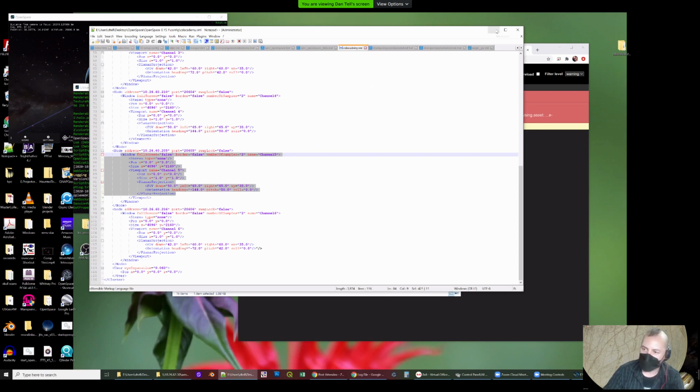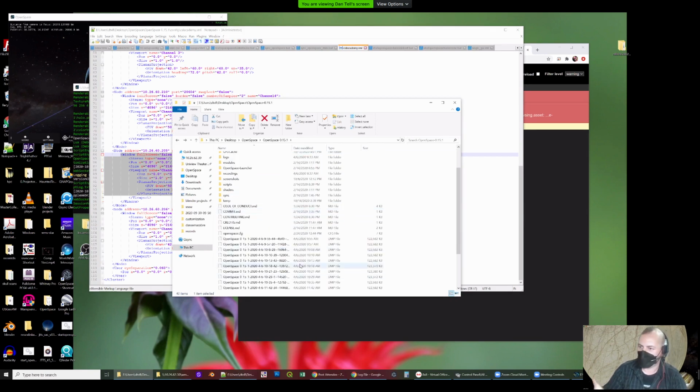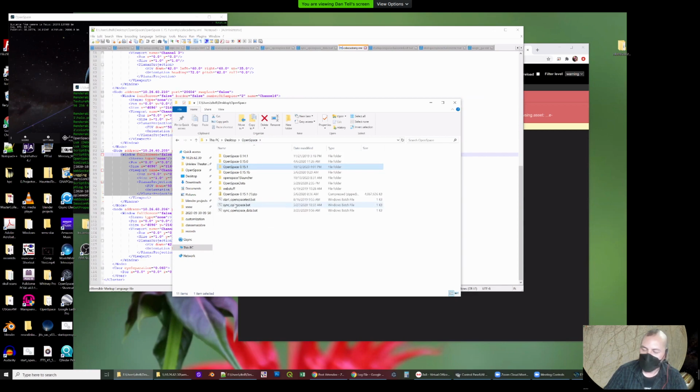For actually launching it on the cluster, though, version 16 coming out is supposed to have a tool to enable you to launch it on the cluster. But currently, OpenSpace cannot automatically launch on a cluster on its own. The launcher only works on a single computer. So if you do need to launch OpenSpace on a cluster, in my case, I have written a batch script,